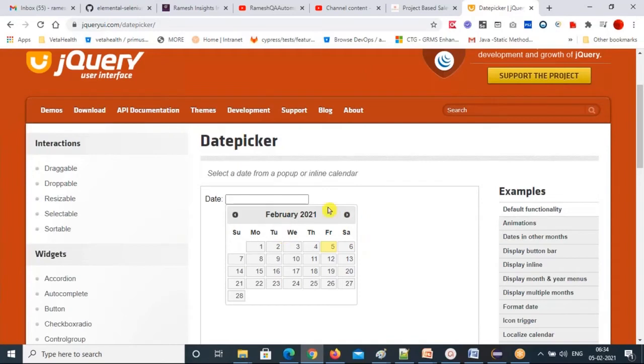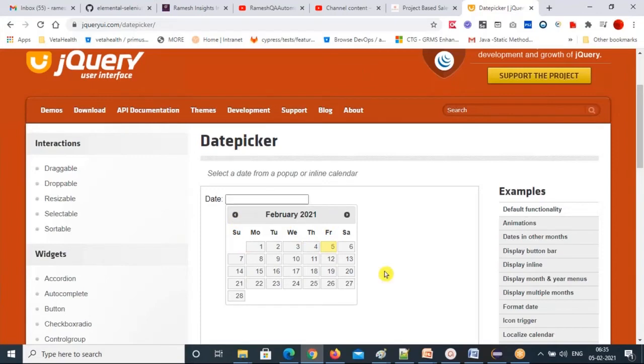Any date picker, remember, it's a table. A table has rows and columns, right? Based on that we can iterate and select whichever date you want. Every row and column is different, so we increment the row and column and iterate all the columns. If you find the given date and click on that, it's as simple as that, right? That's what we are going to do here also.